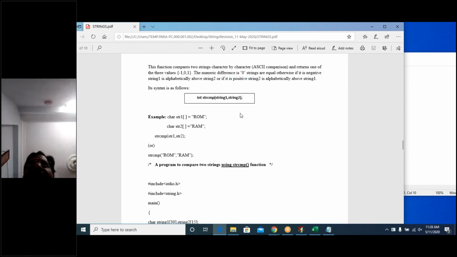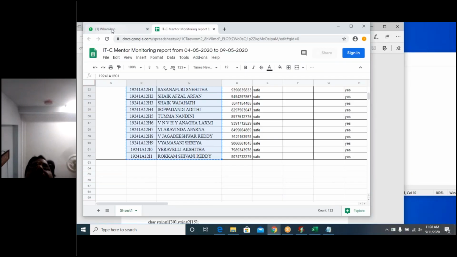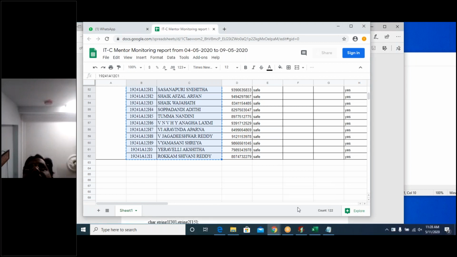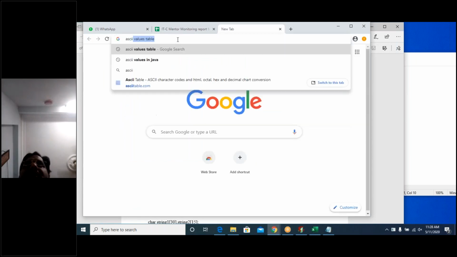Okay, let us see now how it is going to be. So here is O, and here is A, right? First R was compared, both ASCII values are the same. Then capital O and capital A have to be compared. What is the ASCII value? Let us see now. What is the ASCII value of capital O? I am able to see some kind of table here now. Otherwise, the ASCII value table, right?